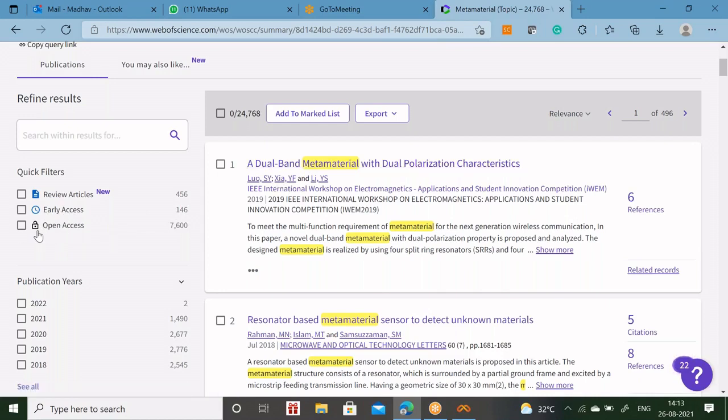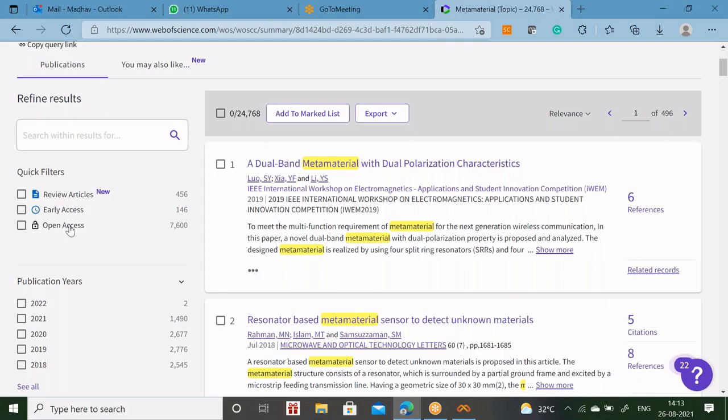And open access articles, you know very well, these days journals are categorized into open access and subscription based. Two categories are there. Open access means you will pay the amount to the editor for publication of that particular article, and the editor will place that article in the public domain. Public domain means if anybody wants to download or read the complete article, they can download it free of cost. They don't require any subscription. They need not go to the library. They can directly download that article.